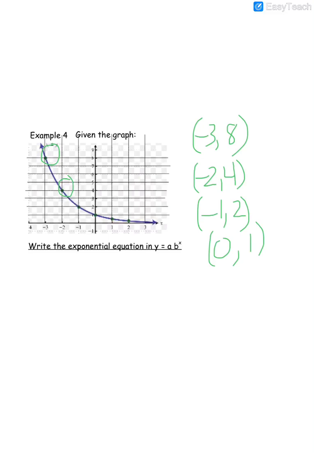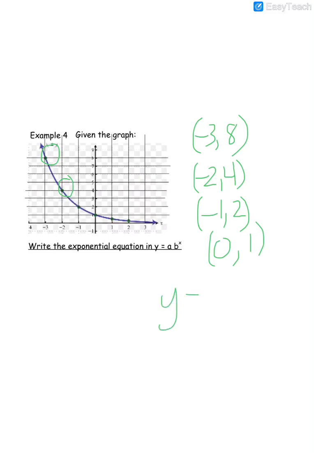Under L2, I'm going to plug in 8, 4, 2, 1. I'm going to hit my stat button. I'm going to go to calc, and I'm going to go all the way down to 0. And I'm going to hit enter a whole bunch of times. And I get that,